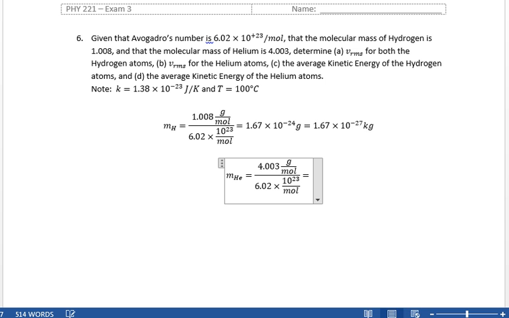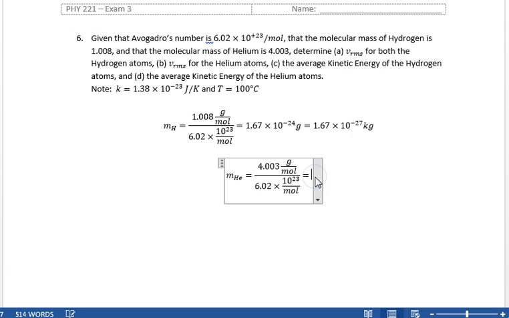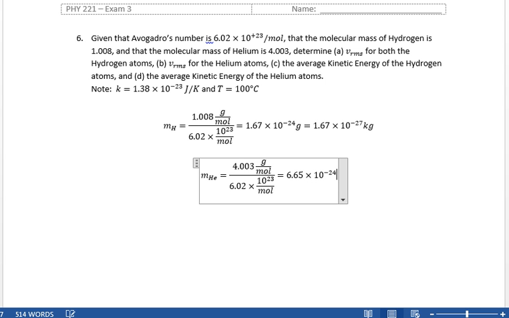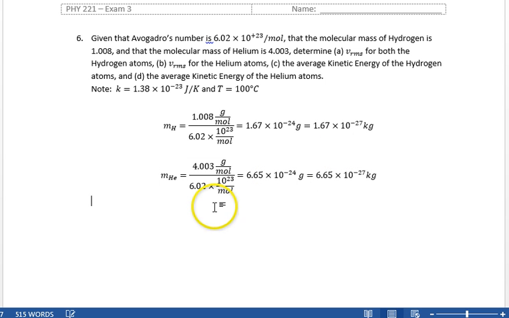So we need 4.003 divided by Avogadro's number, which gives 6.65 times 10 to the minus 24 grams, or 6.65 times 10 to the minus 27 kilograms. So that's the mass of an individual hydrogen atom and of an individual helium atom, and now